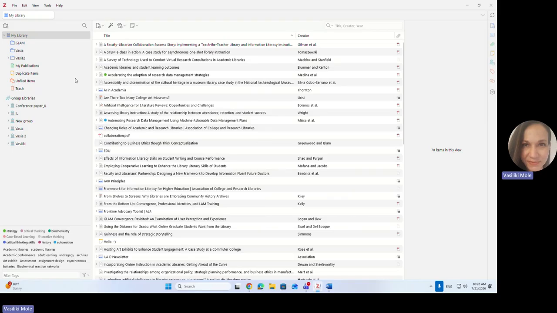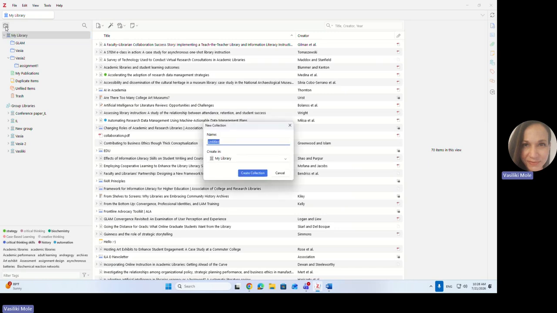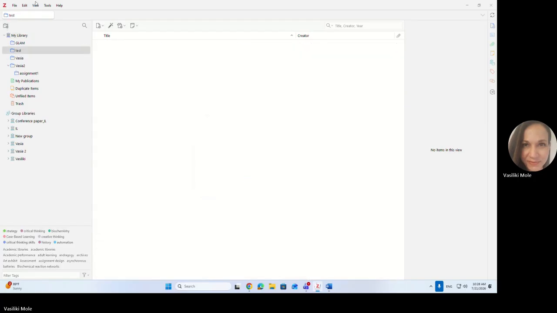The left part of the page includes the various collections and sub-collections. Here, for example, you see a collection and a sub-collection I have created. To create a new collection, it's very easy. You either select any of the options we saw before, or you click here, New Collection. You give it a name. And that's it. And if you right-click, you can very easily create a sub-collection under this, rename this collection, move